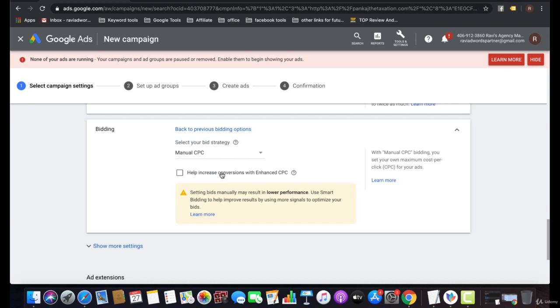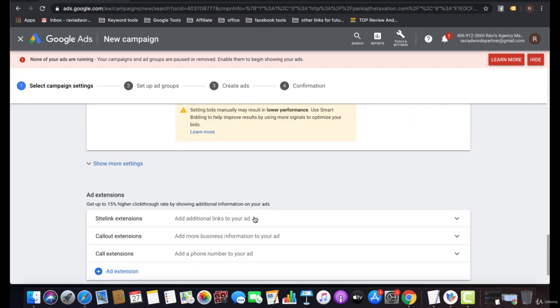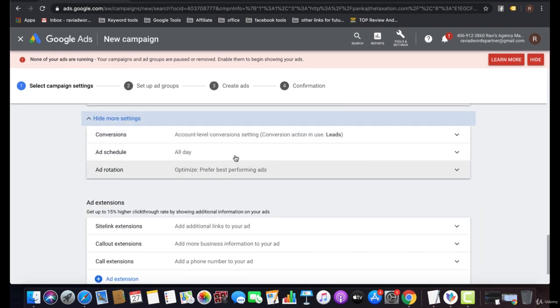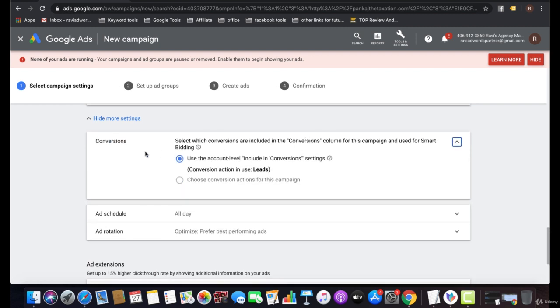So I don't want to go with enhanced CPC. In the more section you have to select the conversion for this campaign. I already set up the leads campaign and leads conversion tag, so this campaign is selecting that particular conversion.